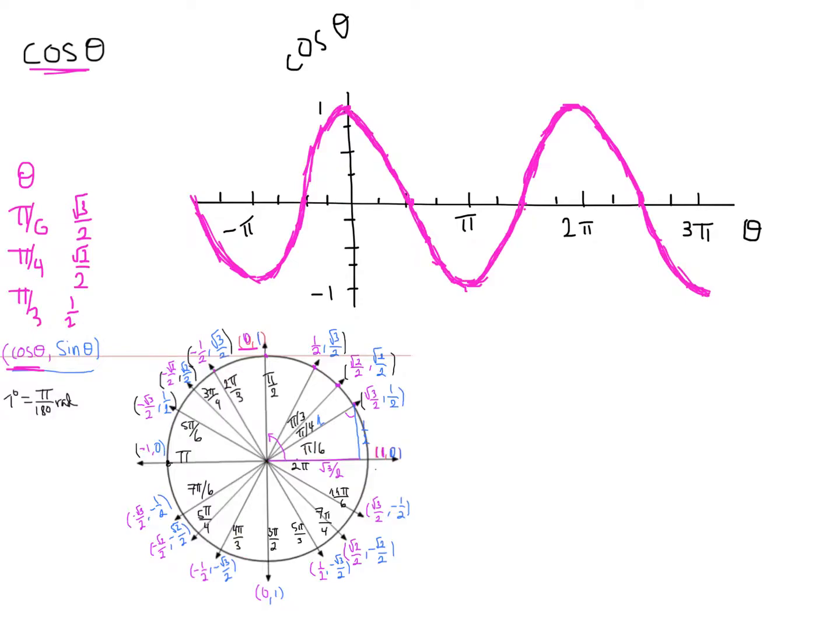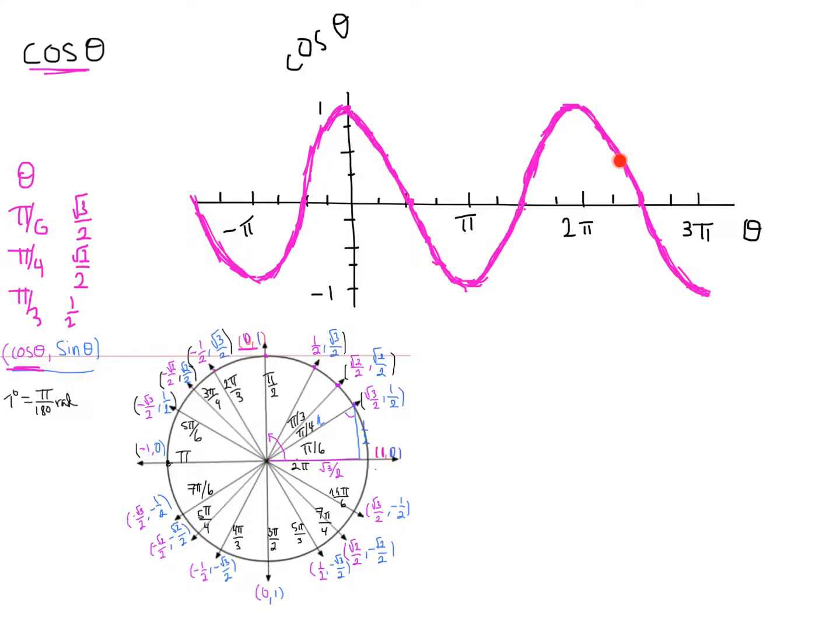Think about pi over 6 past 2 pi. All right, so that'd be 13 pi over 6, and that would be at right here, at 3 pi over 2, so that'd be 0.866, and then I'd keep moving. I'd be a fourth past 2 pi, so I've already made one revolution, and now I'm a fourth past, and that would be 0.707, or root 2 over 2, and then finally I move pi over 3 past, and